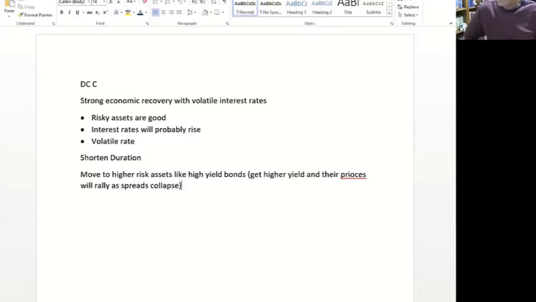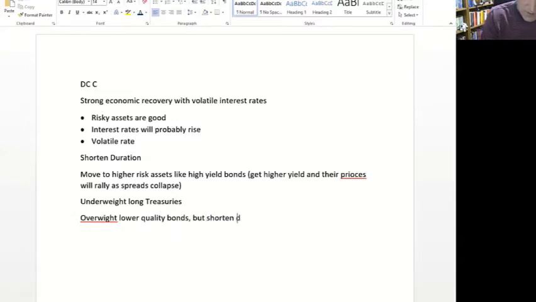So just saying that we have a strong economy with volatile interest rates, you would want to underweight long treasuries, overweight lower quality bonds, but shorten duration and avoid mortgage-backed securities. So I'm trying to get you ready for the hardest part of the first exam, which is that second